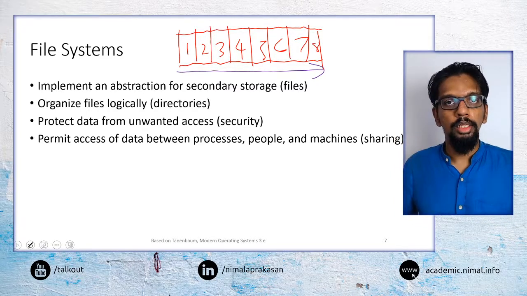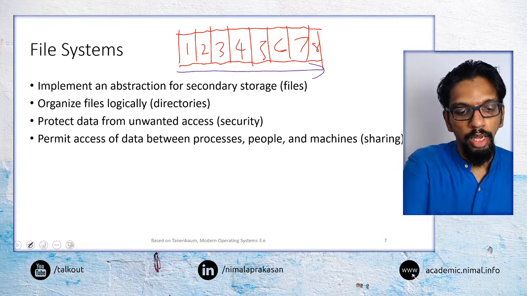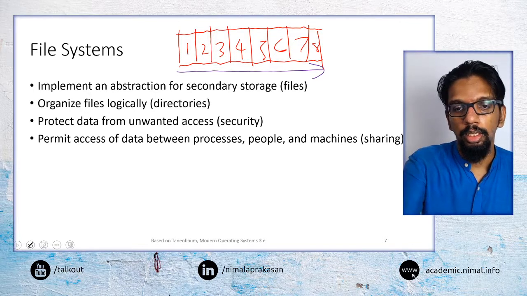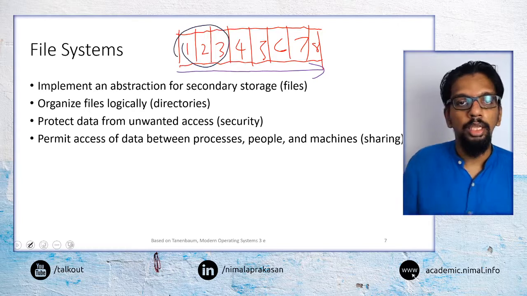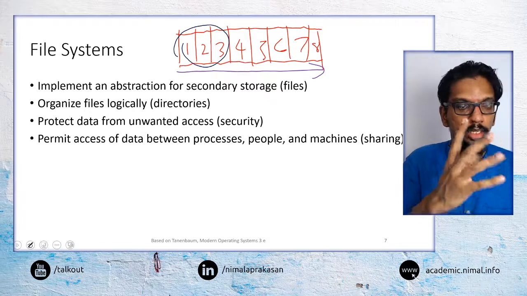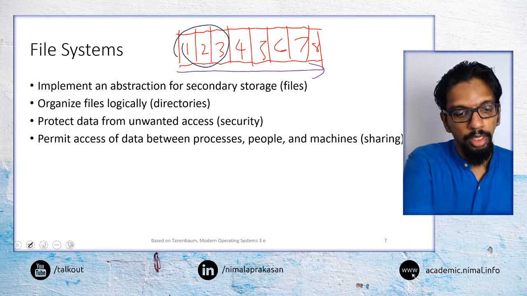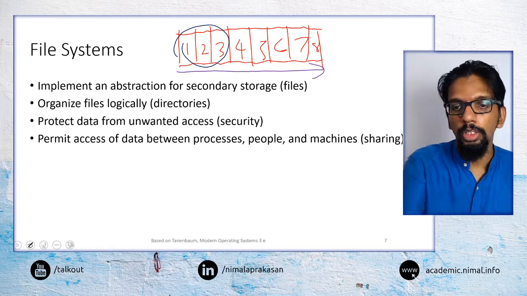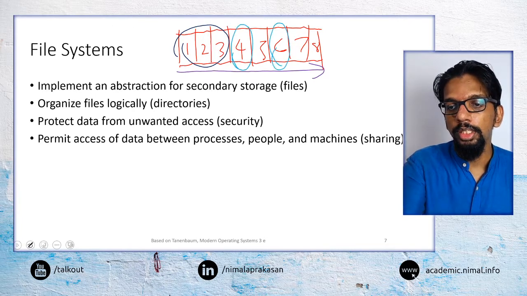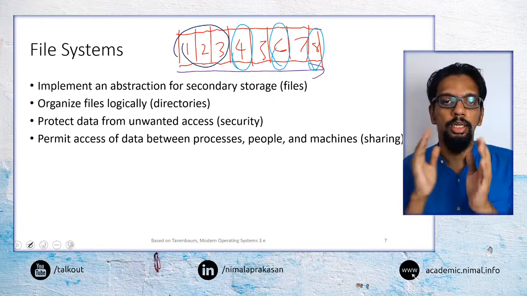But in an organization within the computer, it can be presented in a different structure. So what we can have is, we can say, for example, these 3 can be in a single directory together. But then it is also possible for us to have 4, 6 and 8 in a single directory.